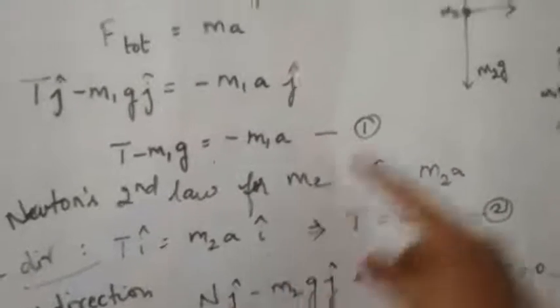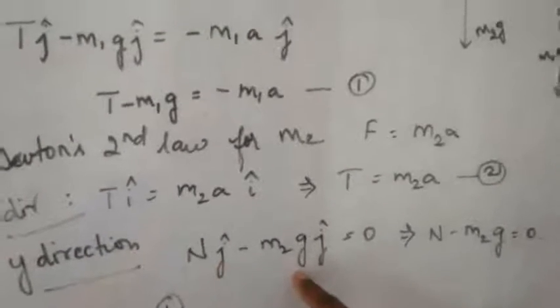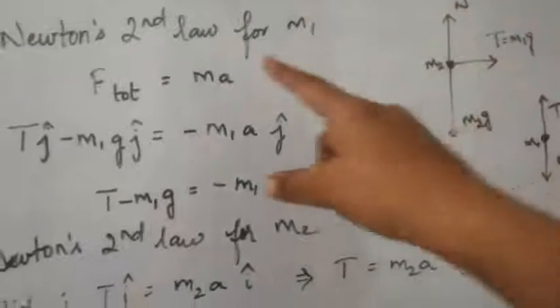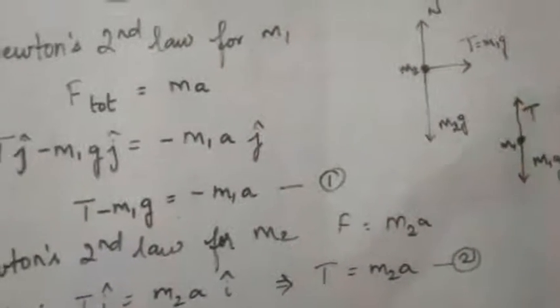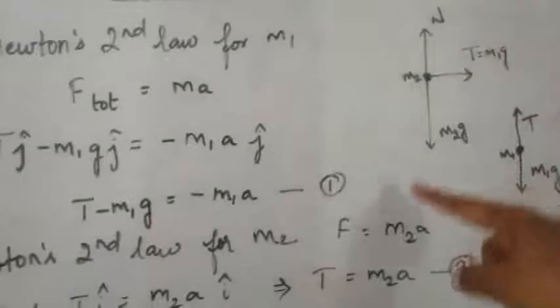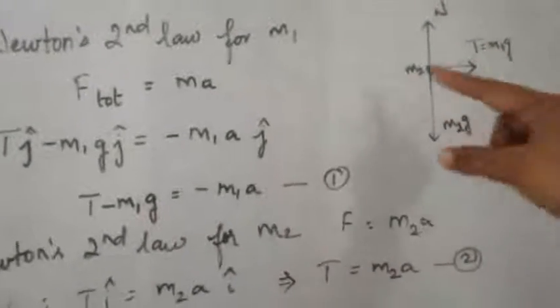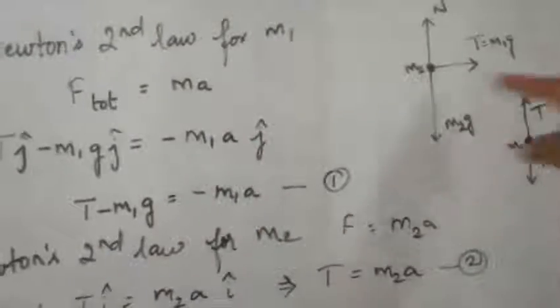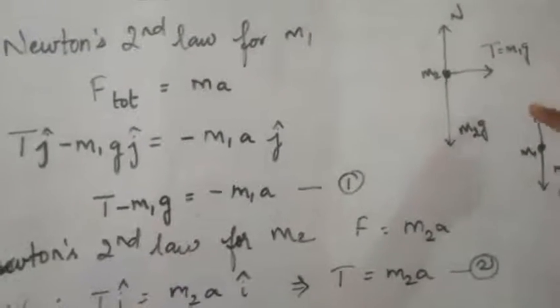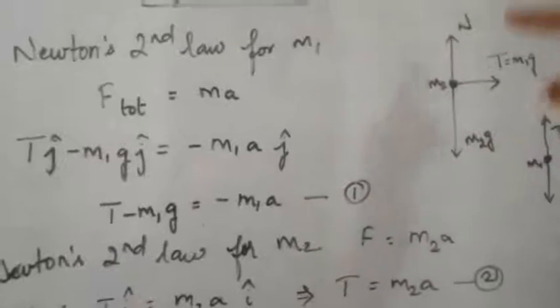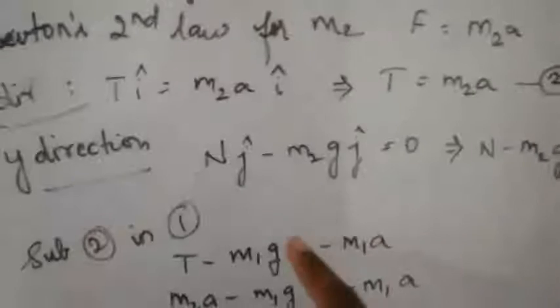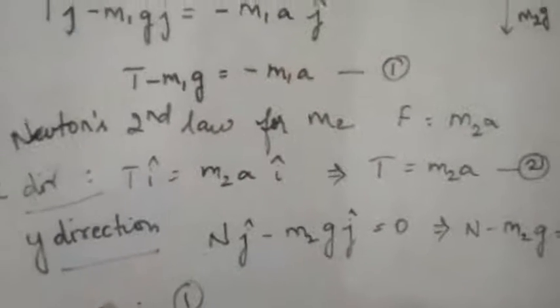So total force will be N minus m2g, and you know that this object m2 will be moving only in the horizontal direction and there is no acceleration along the y direction. Object m2 is pulled by m1. When pulled, m2 is going to accelerate only along the horizontal surface, in the horizontal direction. So in the y direction, the object will not move up and down. In the y direction, no acceleration. So acceleration is 0, which means